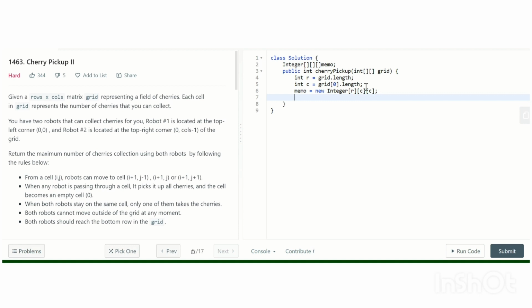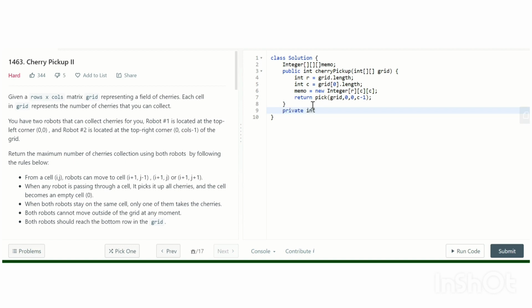And then we simply call return pick. What are the parameters we can pass? First we pass grid, and we are in the first row, the 0th row, and the position of the first robot is 0, and the position of the last robot is C minus 1. Okay, so let's implement this pick function.